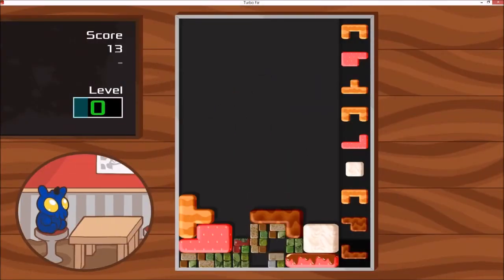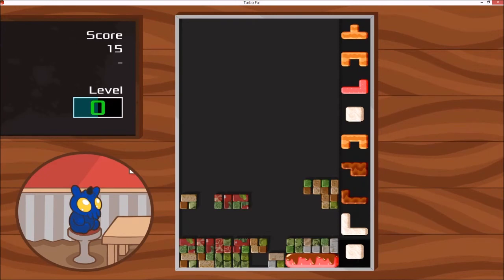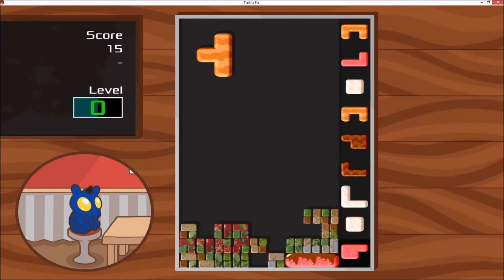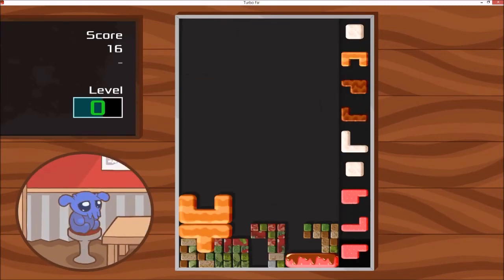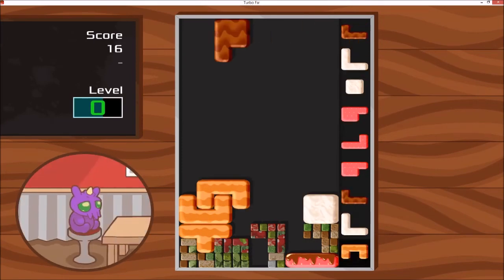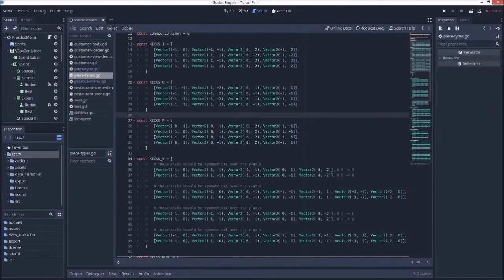The last detail I wanted to nail with regards to gameplay was the concept of piece kicks. Piece kicks, if you're unfamiliar with them in Tetris, are basically what happens when a piece can't rotate because a wall or another object is in the way. Usually it'll move somewhere else where it can rotate, but the question of where it moves to is a hard question. So piece kicks are typically implemented with these big intimidating tables of coordinates, which say if a piece can't